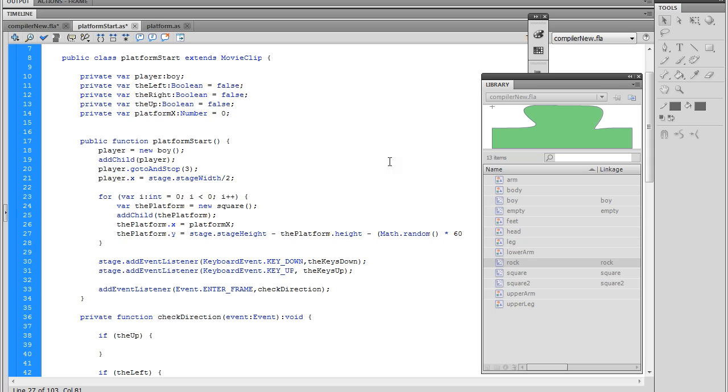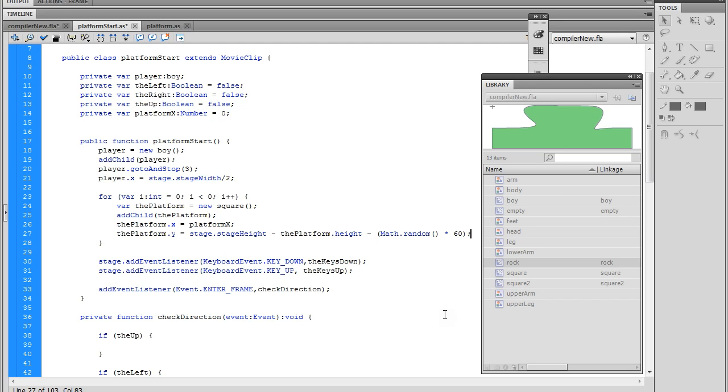I'm actually only going to subtract 60, have it top out at 60, because remember, your player does have to be able to jump up. If it does choose the maximum amount, the player still has to somehow manage to get up to that top platform, and if you make it too high, then they might not be able to make it. So I'm going to stick with 60. Okay, now the next thing that we need to do is,